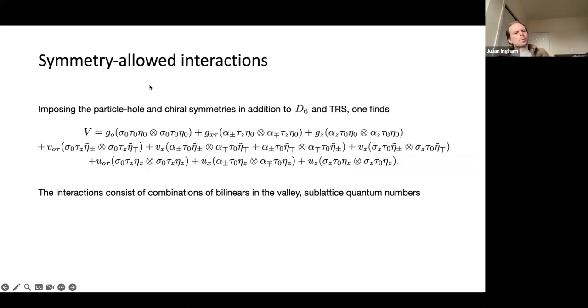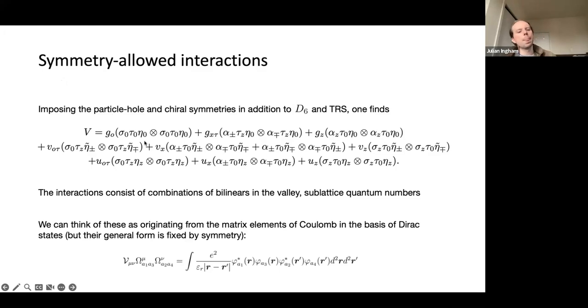So exactly the details of this equation here are not super important, but the key point is that in the same way that we constrained the single particle Hamiltonian using symmetry, we can also constrain the interacting Hamiltonian using symmetry considerations. And so we can think of these interactions as matrix elements of the Coulomb potential in the basis of these Dirac states, in the basis of sigma, tau, and eta. And so we have these wave functions, we compute the matrix elements with Coulomb, and then